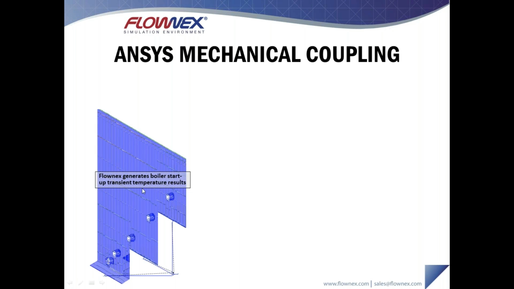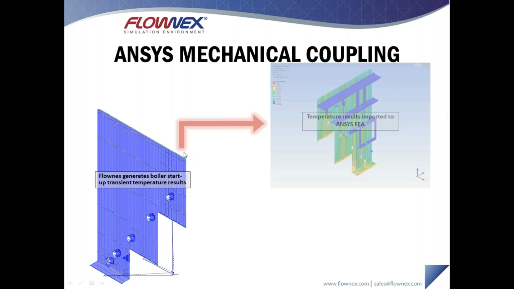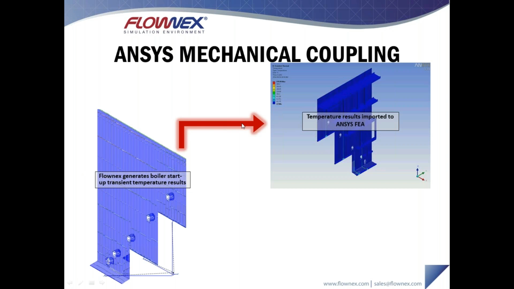This here just represents a typical wall inside of a boiler, with the holes being obstructions in the tubing. So for this geometry, all of the pipes would be modeled inside of Flownex, and the heat transfer would be accounted for inside Flownex as well, and we would solve for the temperature distribution inside all of these tubes. That information, being transient because we're looking at a startup of the boiler, would then be transferred to Ansys Mechanical, and a stress simulation can be done for the entire boiler